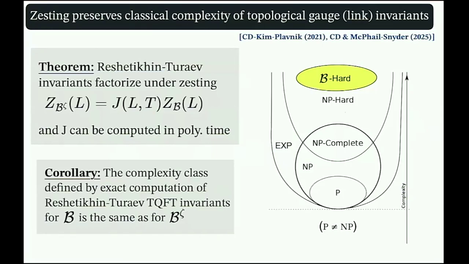Yeah, I have a question. So the link that's labeled, that statement's true for labeling by any simple object in the modular tensor category, or do you have a favorite one? So L here, I can start with an arbitrary coloring by simple objects. And then J, I think about as the same link diagram, but it's colored by the graded components of those objects that I chose. So it's really a link diagram colored by elements of an abelian group. Okay. And then in computing J,